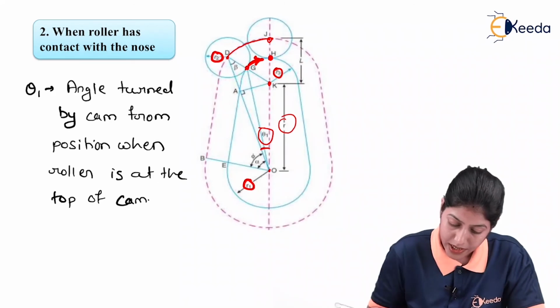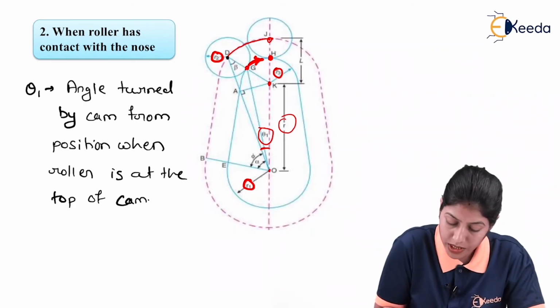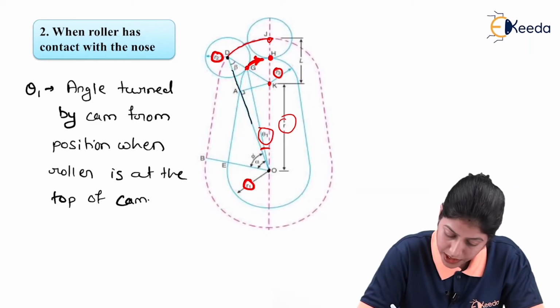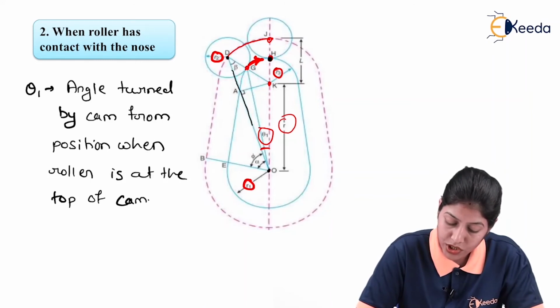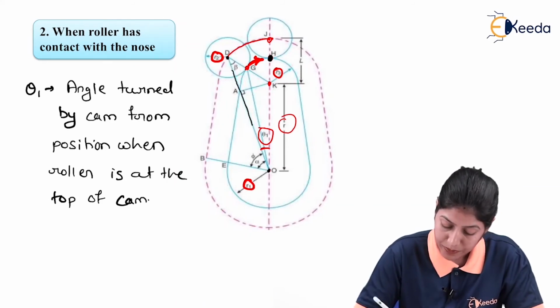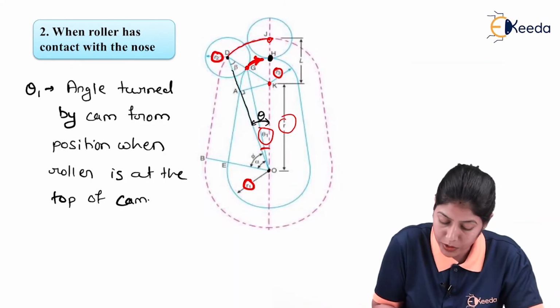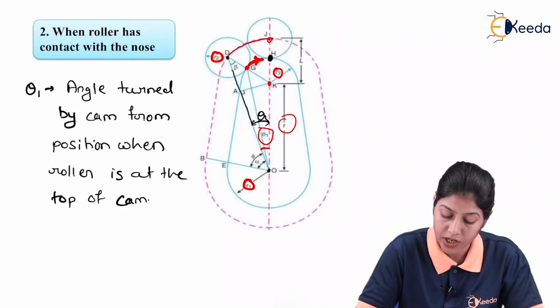So theta 1 we are considering from the center D, which is the initial position when the roller has contact with the cam at point G. So we will join point D and point O. This particular line is the line joining point D and O. From this position to the topmost position of the roller follower over the surface of the cam at point H, on the basis of the profile of the cam, this particular angle we will define as theta 1, and this theta 1 represents the angular displacement of the cam when this roller follower is in contact with the nose surface or nose circle of the cam.